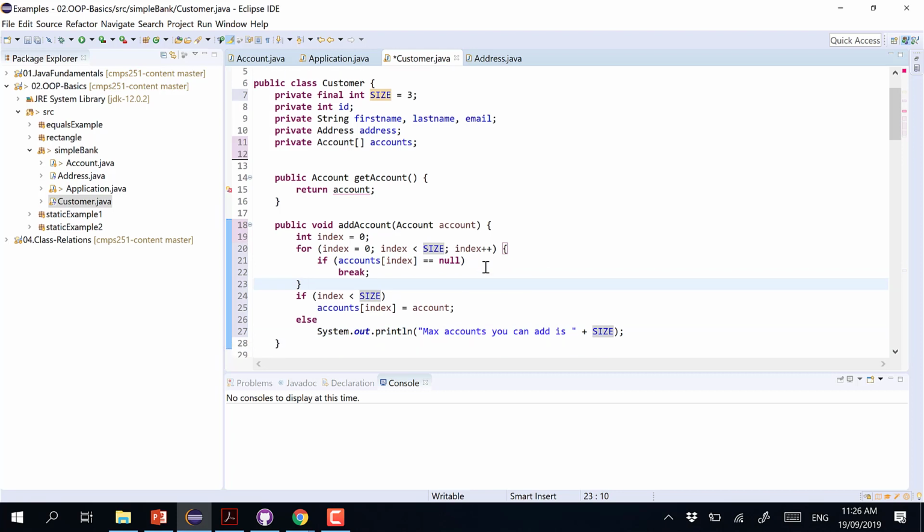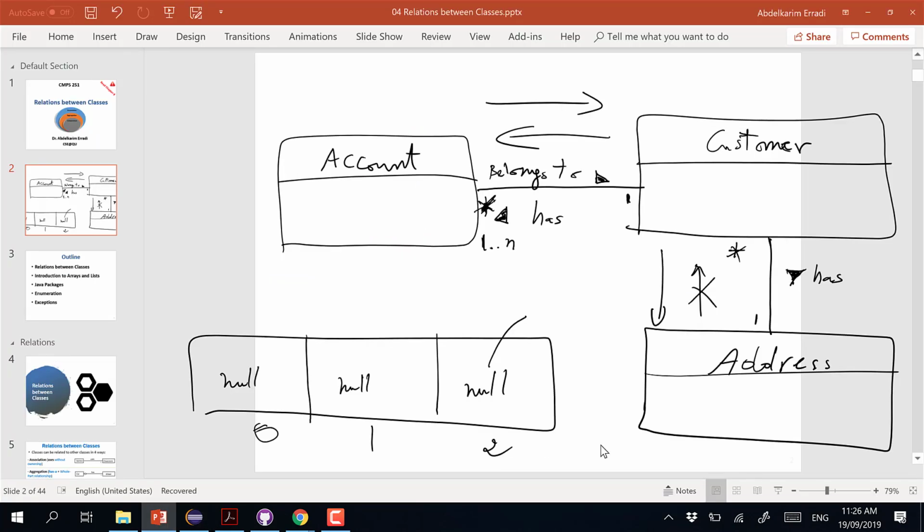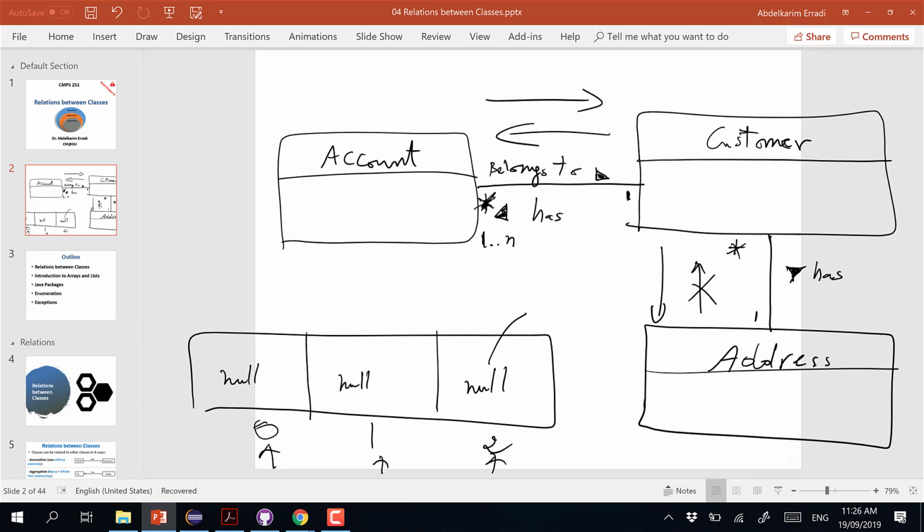Let me explain it another way. So basically, I will be going through a loop, visiting every element. Once I find an element that is null, which means it is nothing in there, it's empty, do I still need to visit other elements? No need. I just exit the loop. For example, if I exit here at this point, what will be the value of index? 0. So all I do, go to the account variable, which is the array, to index 0 and store the